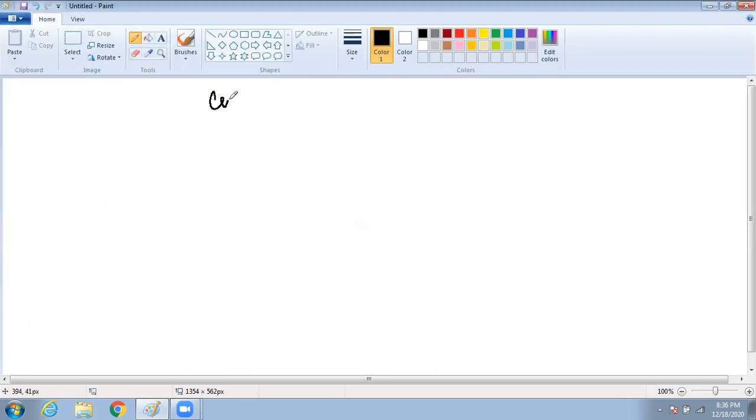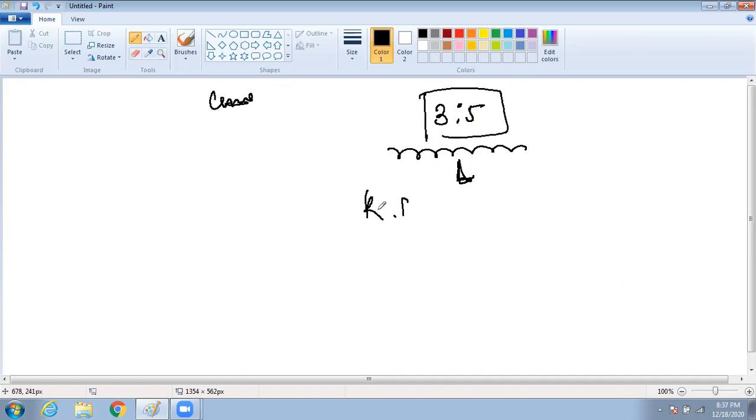Before that, do this problem. A spring is there. It is cut in the ratio 3:5. Initial length is KL. It is cut in the ratio 3:5. Find out the spring constant for both the pieces. Do this. Try out. You all try and let me know how much is the spring constant for both the pieces. Smaller one, bigger one.